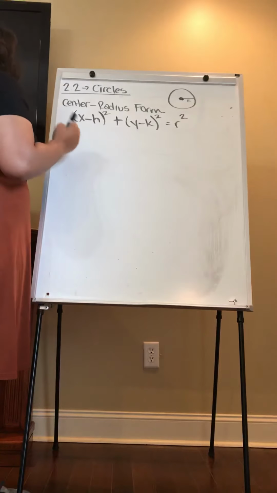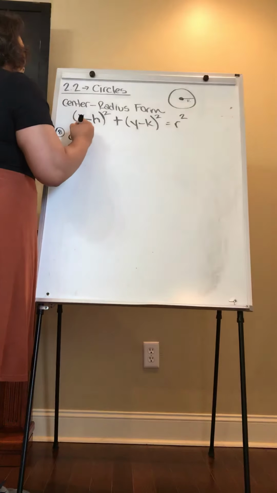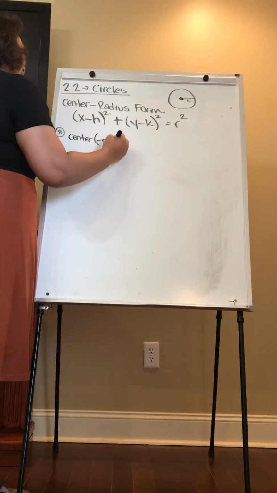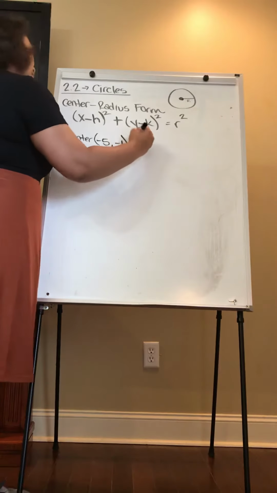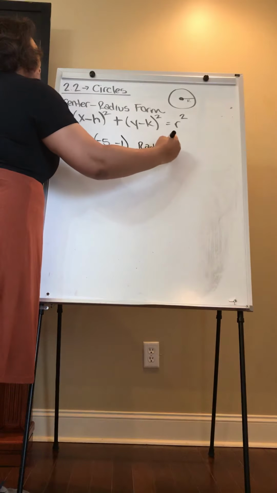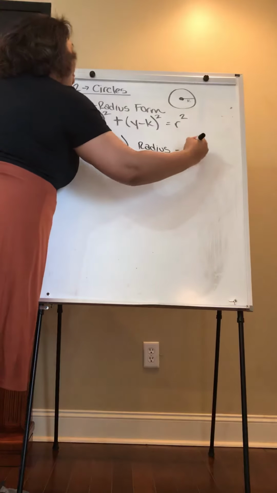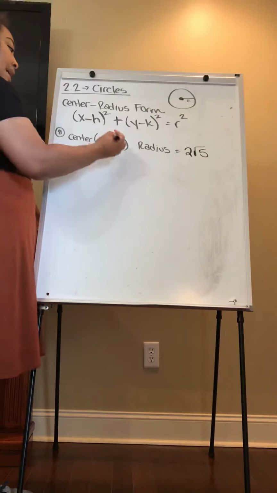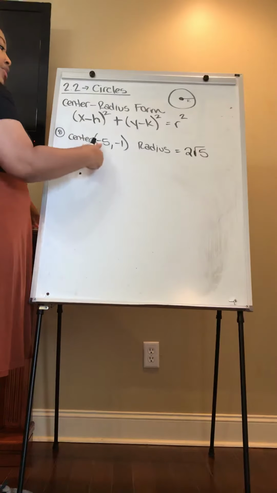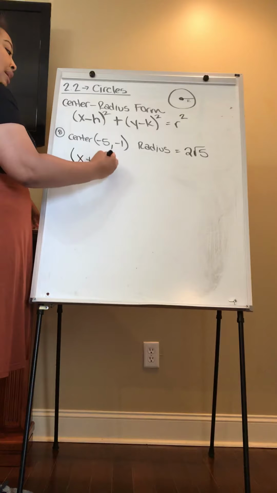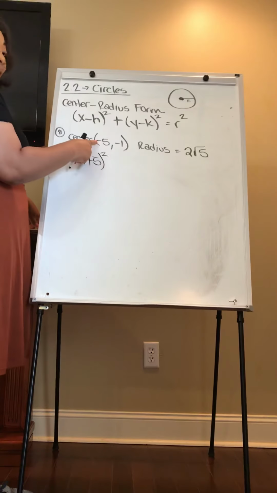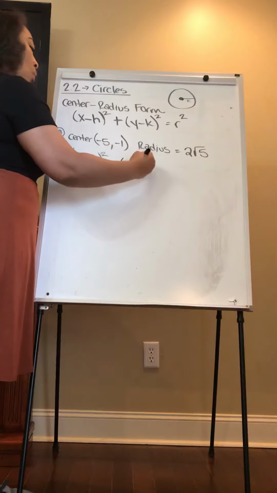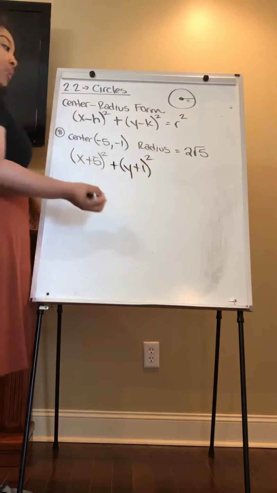Okay, what if we were to have the center is -5, -1, and our radius is 2 square roots of 5. Okay? Now for our equation, you would have x plus 5 squared, because it's minus, so you need a plus, plus y plus 1 squared